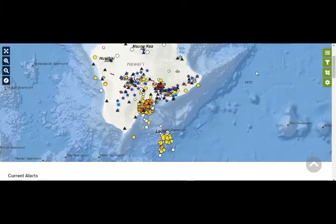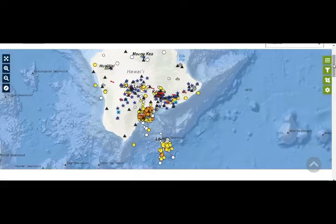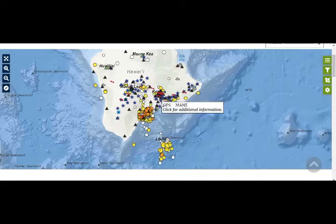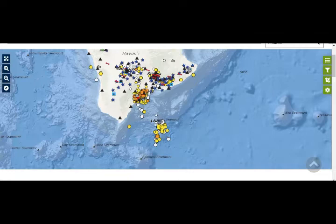Here we are at Volcano Kilauea and USGS, and we see that Kilauea is at orange watch, whereas Mauna Loa, the world's biggest volcano, is yellow. And we see that, okay, we have the Pahala area, which basically has the deeper earthquakes, very active. But look at this, the Loihi Seamount,